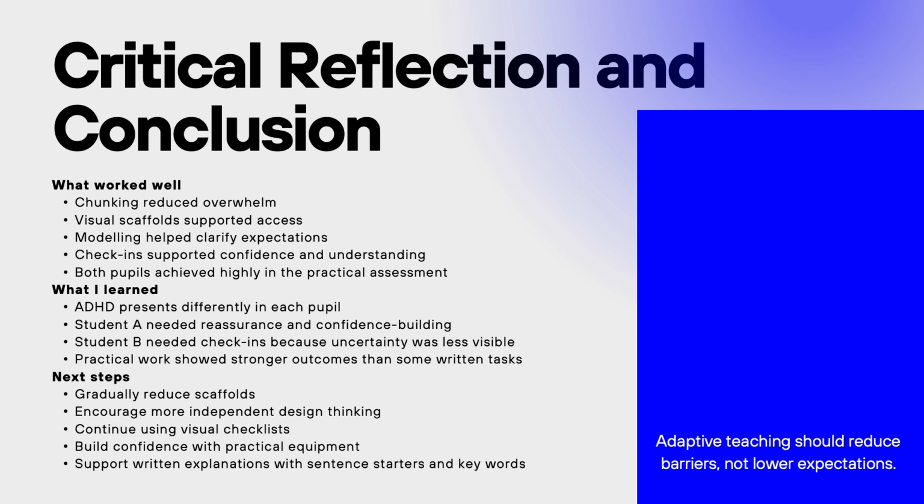Overall, the strategies had a positive impact, but not in the same way for both pupils. Chunking and modelling helped reduce the demands on working memory and supported pupils to understand the task in smaller, more manageable steps. Visual scaffolds and check-ins also supported access, confidence, and independence. For student A, the strategies were particularly useful for reducing overwhelm and building confidence, especially during written tasks and transitions between activities. The practical assessment showed that student A could work independently and achieve highly when the task was practical,